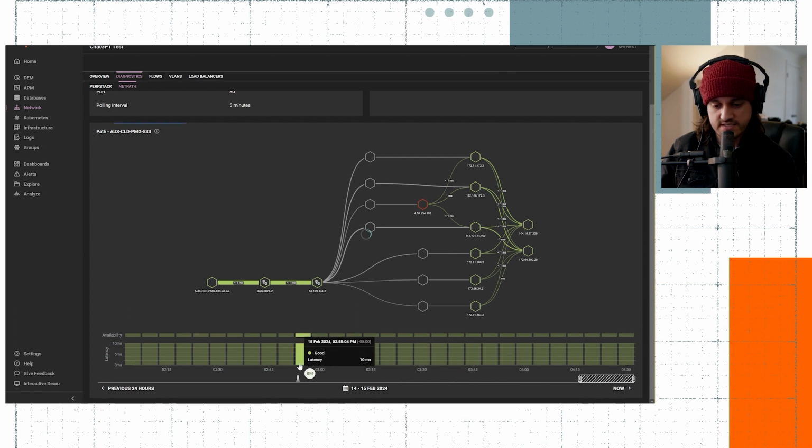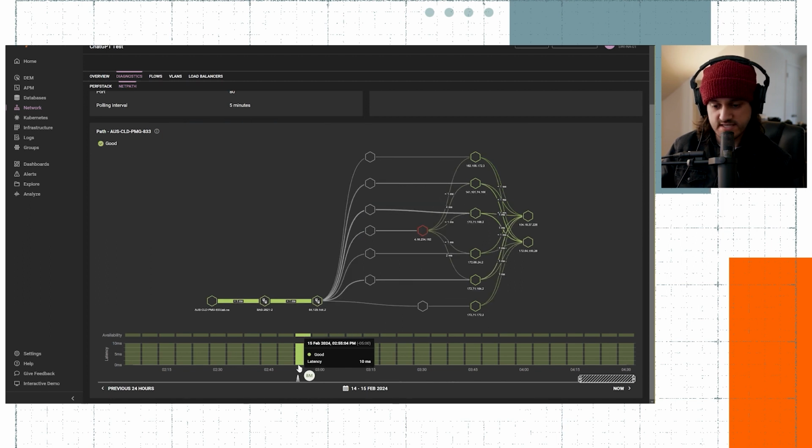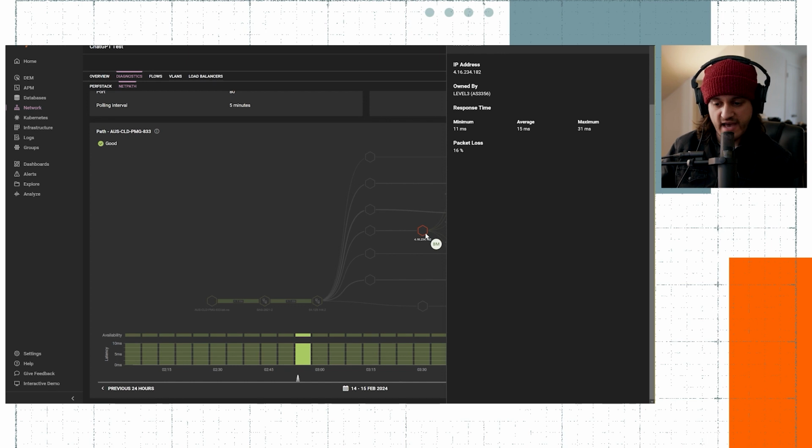If I go ahead and select that, we'll see that the visualization kind of reflects some changes in the NetPath. And also, it looks like we have one node in between that may have experienced some packet loss or some other kind of degradation. And we do see a 16% packet loss on that area. So you can see how you can use the SaaS solution on its own natively to gain some insights into the network information. And you could also use it in addition to the on-prem solution as well.